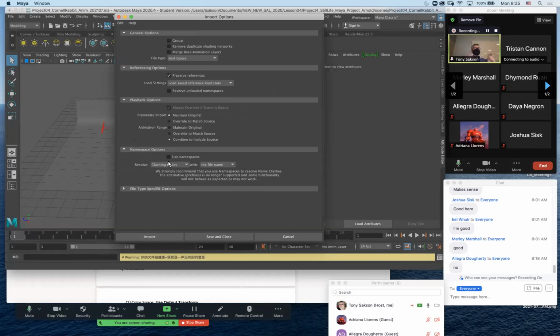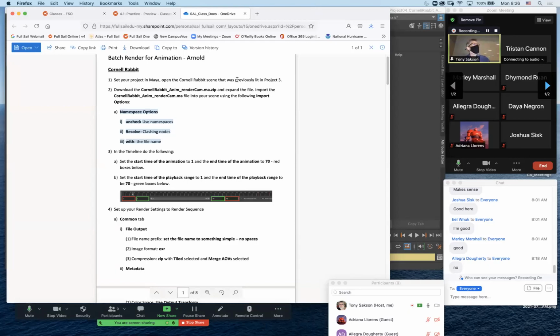That means any node in the scene file that you're importing that has the same name as a node in your current scene, it resolves it by changing the name for you. And it uses the file name. So that's why you want to have it with the file name. Now it makes for a really terribly long name, but at least you didn't overwrite nodes. So there shouldn't be anything like that, but